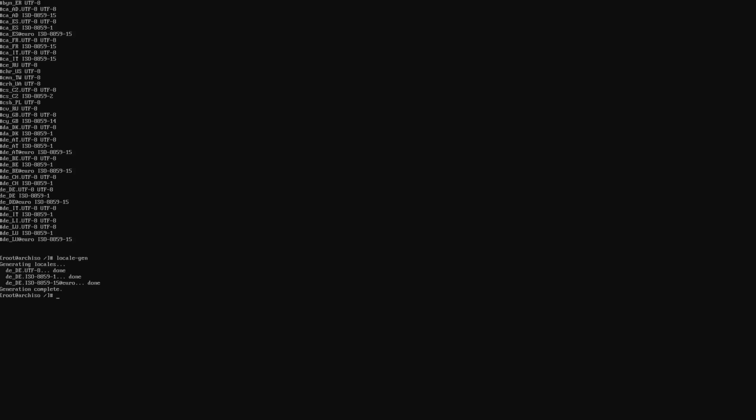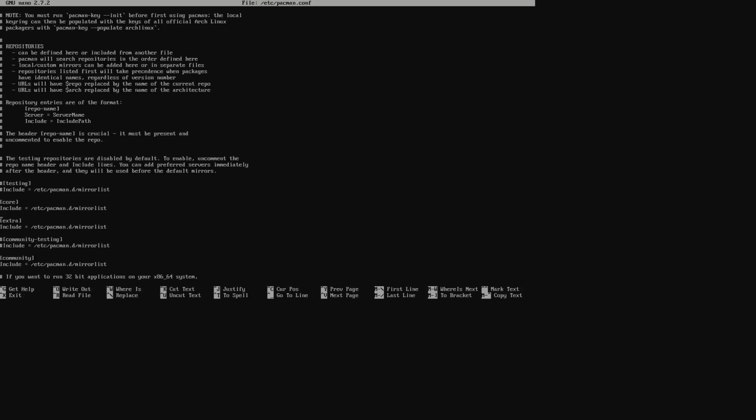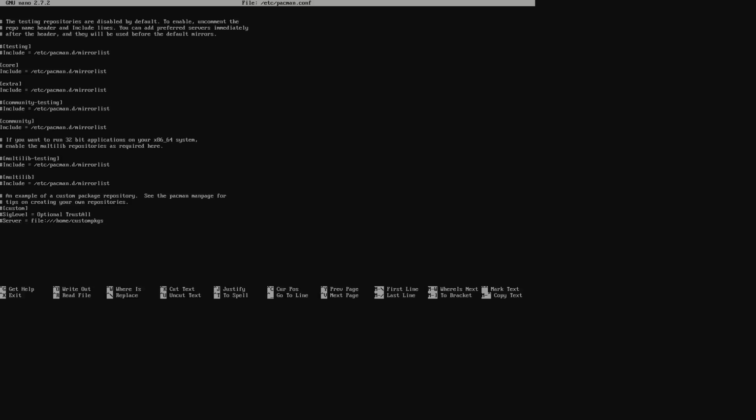So what I usually also do at this step is to edit my pacman, so my package manager. Inside the config there is a section called multilib. Right now we are running a 64-bit operating system, and there are applications that only work on 32-bit. By enabling multilib, we can use 32 and 64-bit packages. For example, if you want to install TeamViewer, that is going to work way smoother using the 32-bit installation